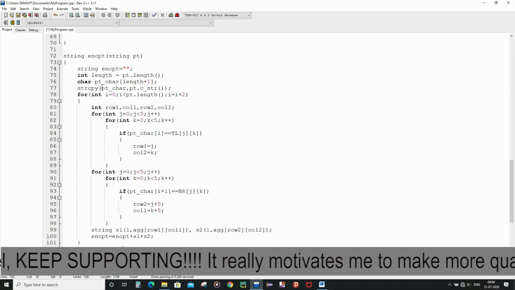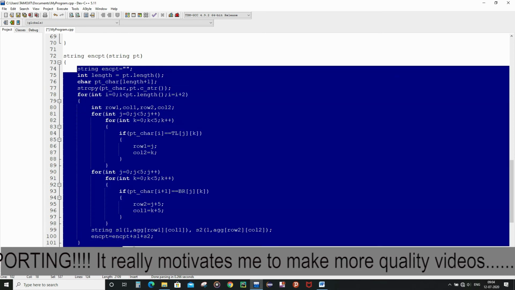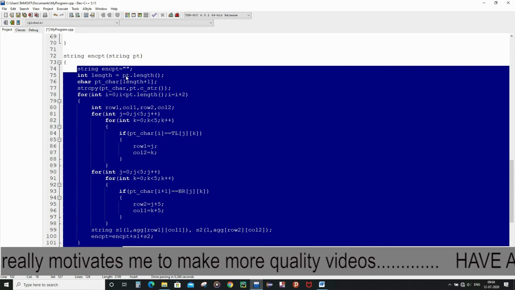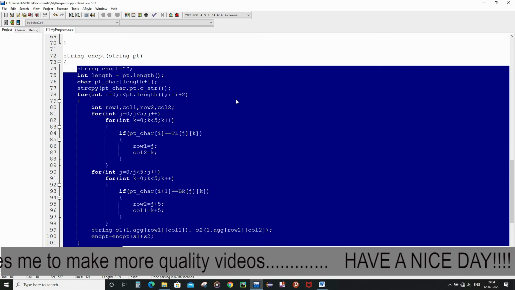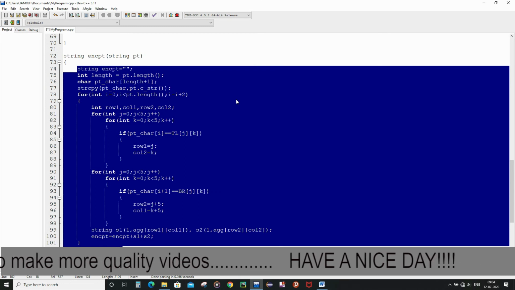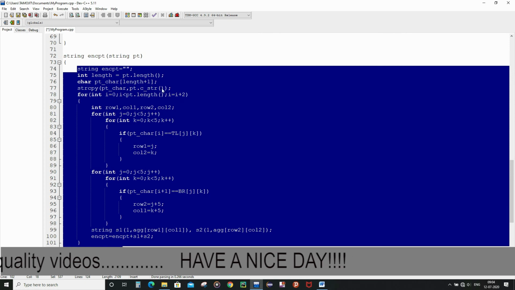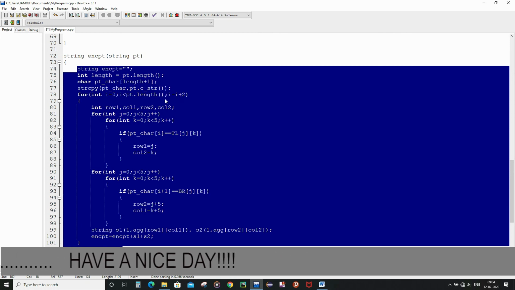Now as you can see, I have finished writing the entire code for the encrypt function. So basically, first of all, we are going to declare one empty string variable of the name encpt, and then we are going to pair each of the characters which we have inside the character list consisting of the characters of the plain text string variable, and for each of the pairs we are going to run each iteration.